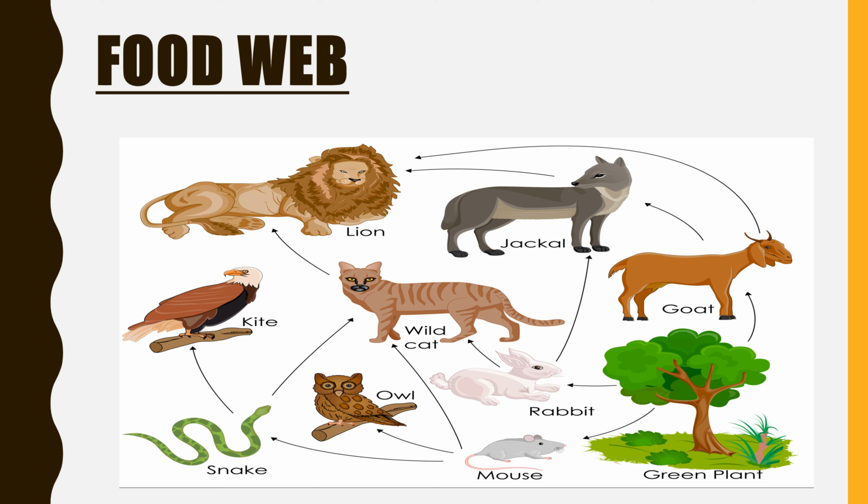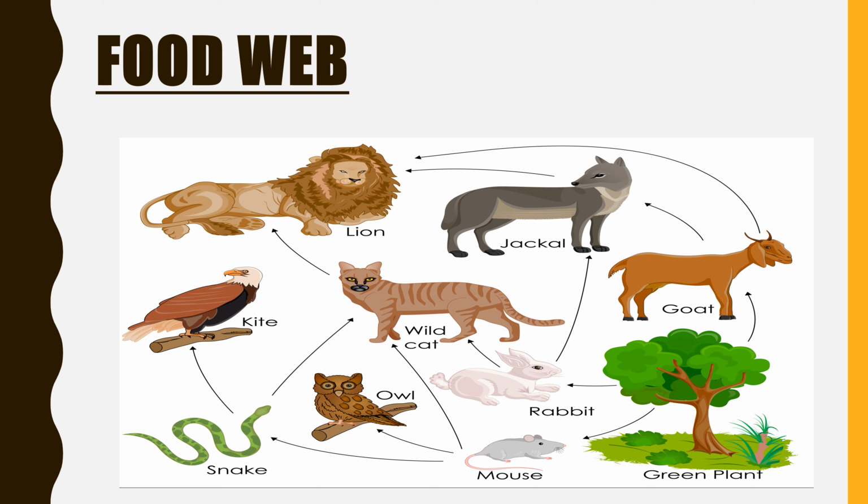Most consumers have more than one source of food. Frog eats caterpillar besides grasshopper. Snake eats rabbit as well as lizard, mice and rat. Rats are also eaten by hawk. Thus a plant or an animal may be a part of several food chains, right? Several food chains interconnected form the food web.